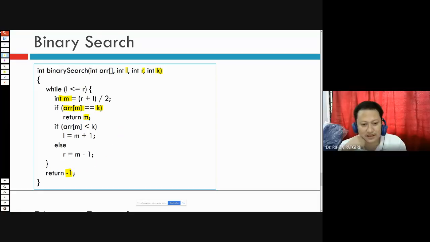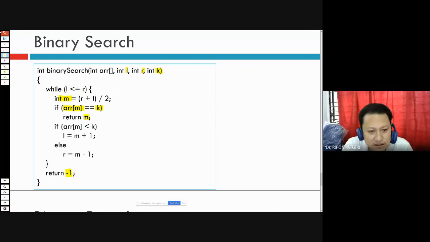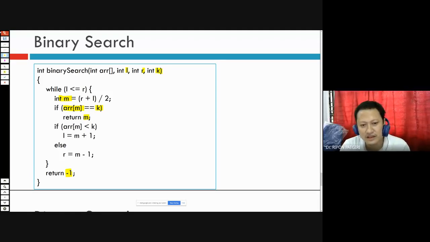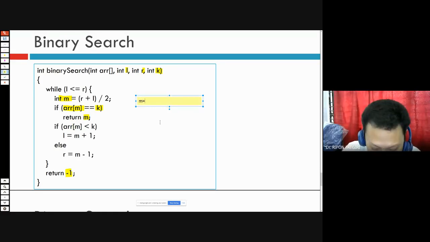Sir, we have calculated the M value as L plus R divided by 2. But sir, in many articles on GeeksforGeeks, they have calculated the M value in a different form. Yeah, you can write M equal to L plus (R minus L) divided by 2.